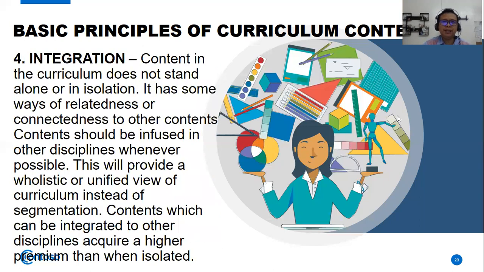Fourth is integration. Content in the curriculum does not stand alone or in isolation. It has some ways of relatedness or connectedness. Like, for example, contents in English can be used in science, or vice versa. Like, for example, if we go with performance-based assessment, and it entails financial requirements, why not